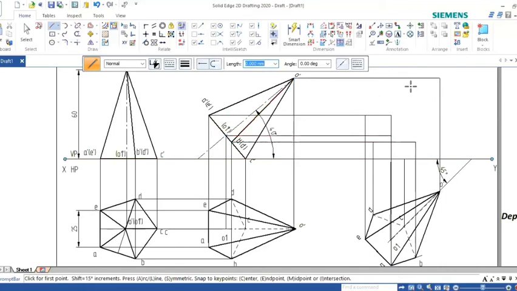Now, first you mark the points here. So now what will be this O dash? Go to text command.